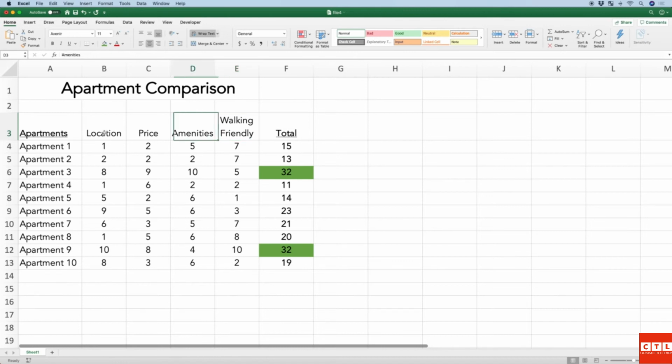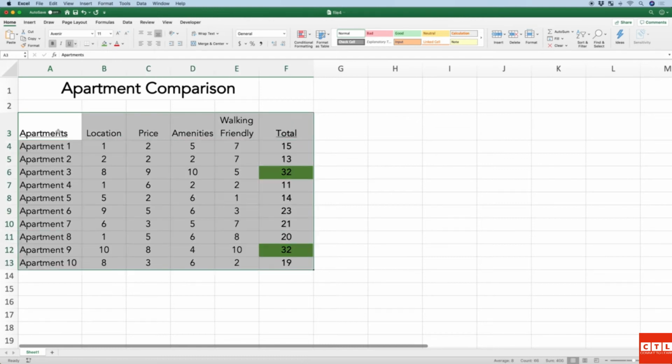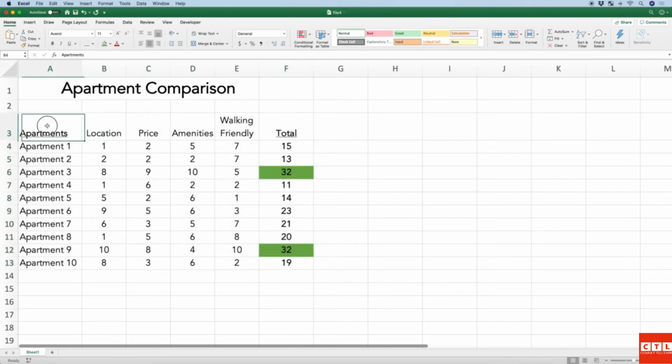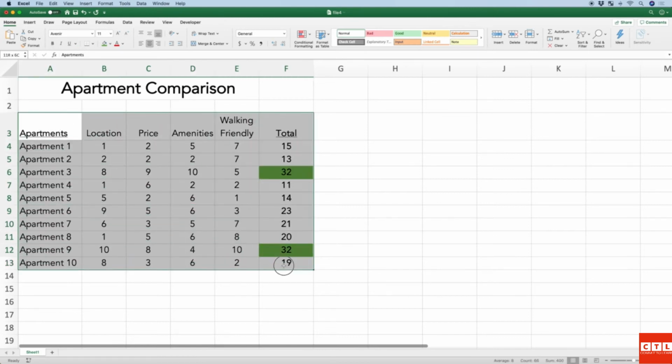So we're going to say that maybe price matters more than location, or amenities matter more than location, or walking friendly, and so on. First, I want to show you one quick way to reorganize these to make them even easier to read. Let's go to cell A3 and hold down the shift key and the control key, or command for a Mac. Hit the right arrow over, hit the down arrow, highlight all of your cells here. You could have also just clicked in cell A3 and dragged it all the way down to cell F13,